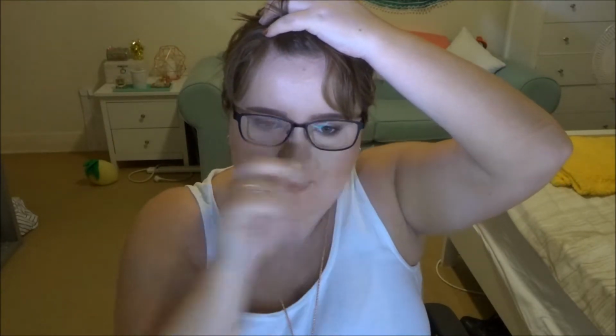I start off with the Miss Rose matte foundation. This is from Wish and I really like it, except it does look very chunky on my face. So it does go a bit heavy over all of my scars, in between my eyebrows. It looks terrible. The foundation I'm actually wearing right now, the OXX one, looks amazing in between my eyebrows,